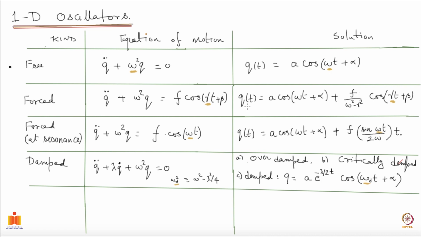And the general solution we found to be, you have the same thing corresponding to the homogeneous part. So if I put the f to be 0, you have the free oscillator, or equivalently a homogeneous equation. So this is the homogeneous part of the solution, and then you have to search for a particular solution, which is what is in here,